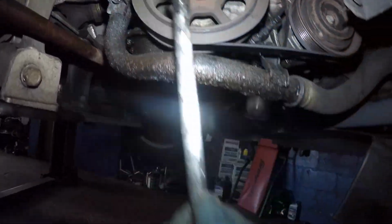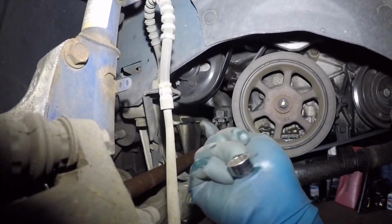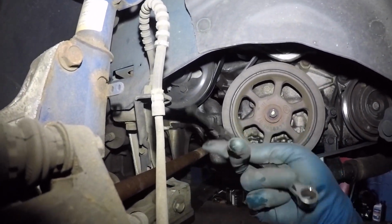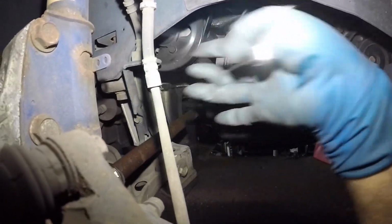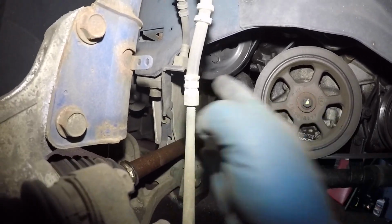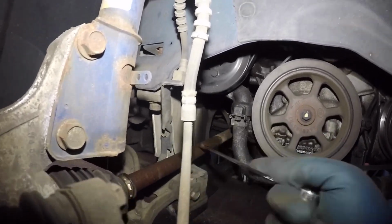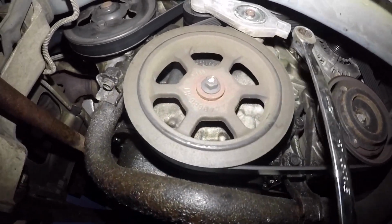There you go. Let me see if I can loosen this little guy right here. Oh, going the wrong way. So I'm gonna have to get a socket anyway, because this is not gonna reach over there. But it's a 13 millimeter as well, so that's loose. Okay, so I'm gonna end up taking the belt first and then the pulley bolts, and let's do that one